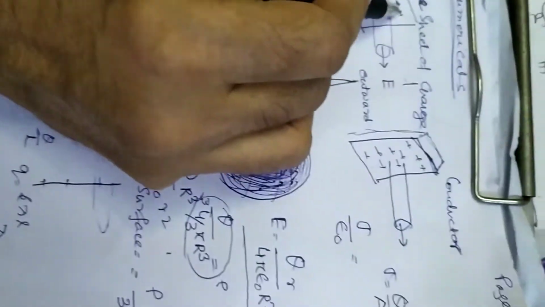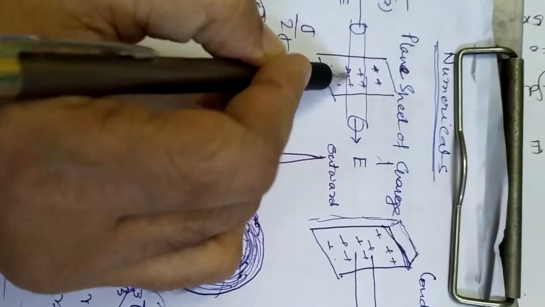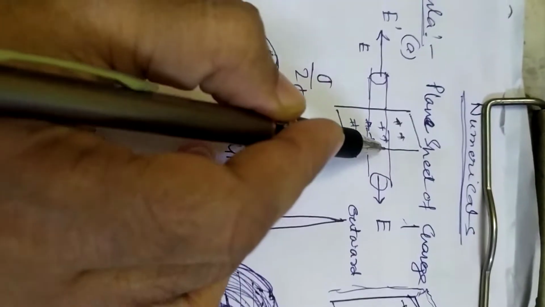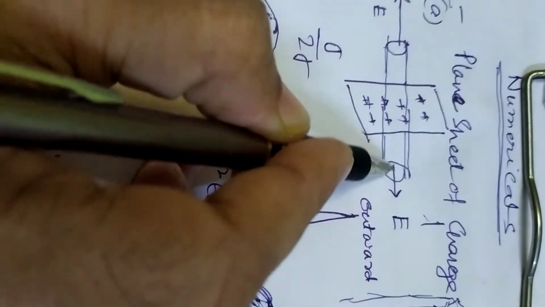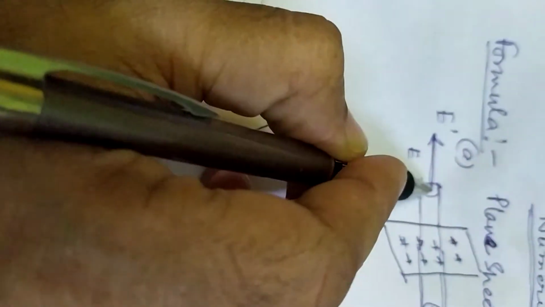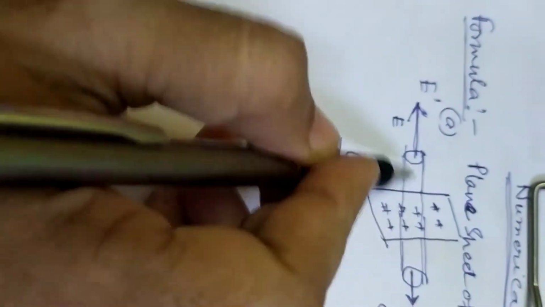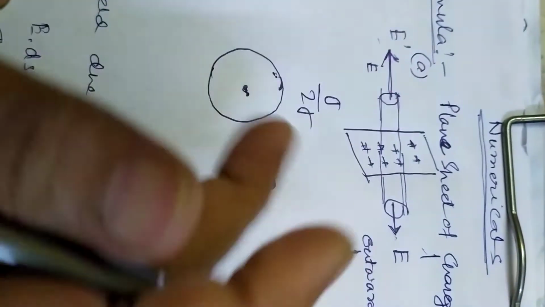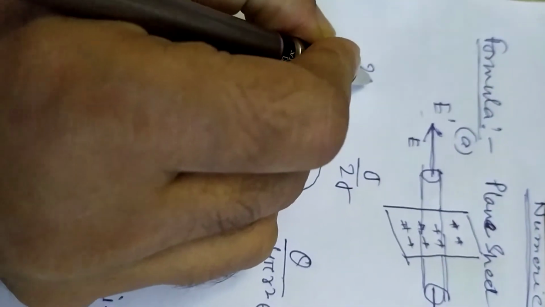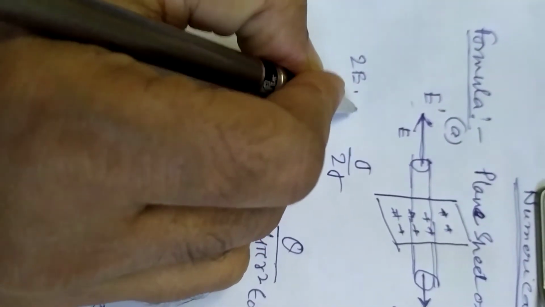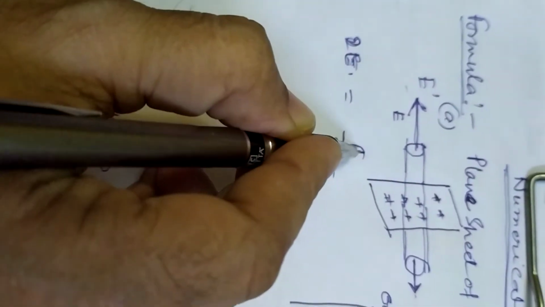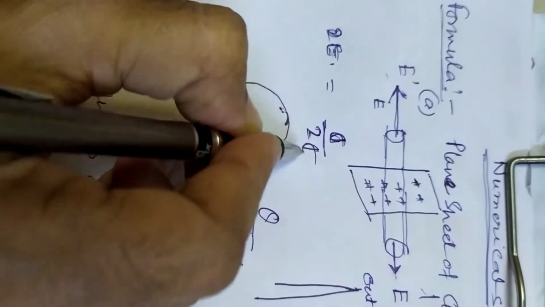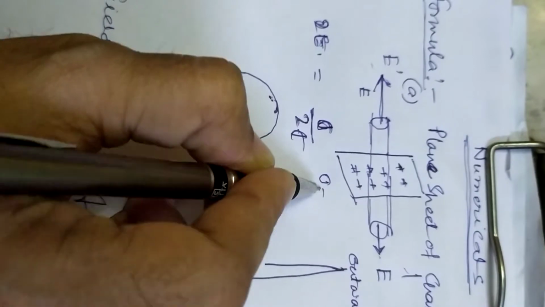One sheet will have positive charges scattered over this plate like this. This will have an intensity on these sides and these sides. So there will be an electric field on this side and an electric field on that side. These two electric fields are in the outward direction, so they will be added. So we'll get two electric fields added, and we'll get E equals sigma divided by 2 epsilon, where sigma is the surface density of the charges.